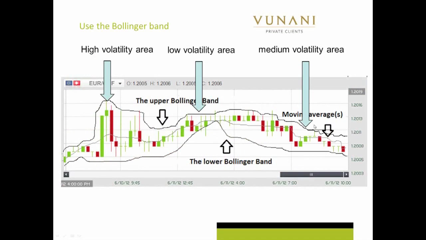Now, how to read this. Let's start from high volatility. Here you can see the big difference in the space between the upper and the lower Bollinger Band. This tells you quite easily how volatile this period of trading was. A lot of traders would be stopped out in a period like this unless they've got the guts to stay in and realize that there is volatility and they need to stick it out.